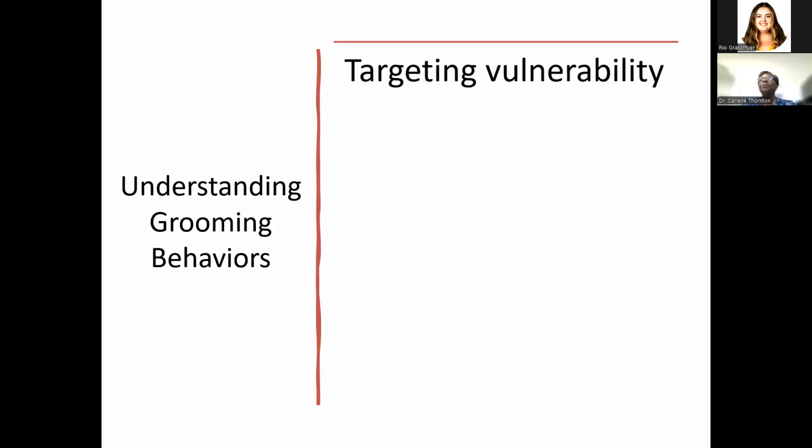So, what is grooming behavior? Grooming behavior is when the predator identifies their target. Once they identify their target, the behaviors start. Let me test the waters. Let me see what I can get away with. Let me understand their network so I'll know who they're talking to. Do they have a support system? Or are they truly all alone, to where I can take advantage of them and not have to worry about repercussions? I don't have to worry about anything coming back on me.